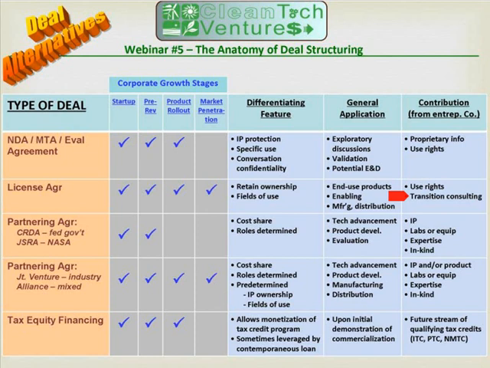So the license agreement is a very flexible tool. It can be used, as I said, throughout the life cycle of the product as well as the company, and it is something that requires understanding and control of intellectual property rights in order to structure the deal and then turn that around and make it fit into a specific marketplace.